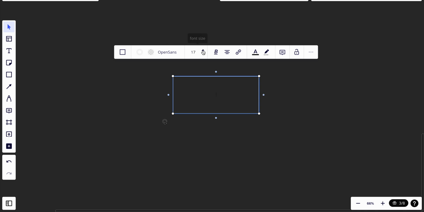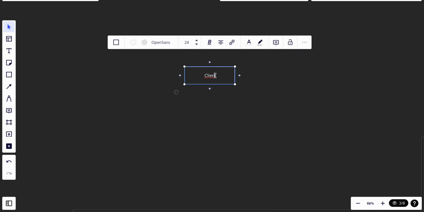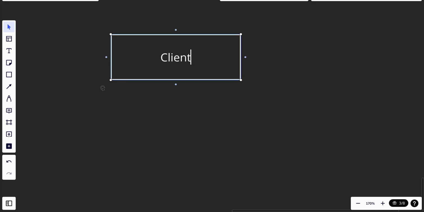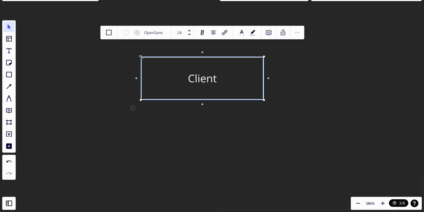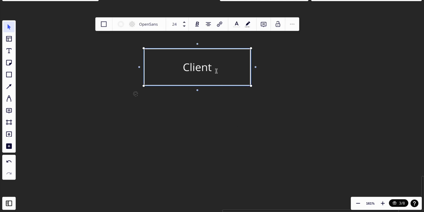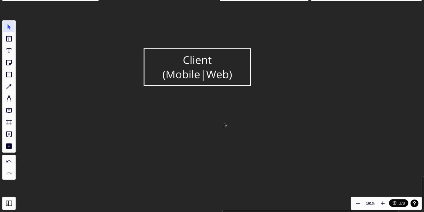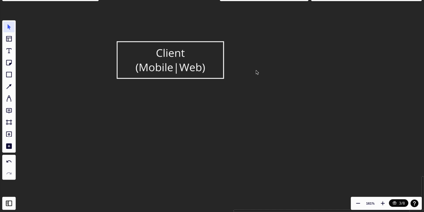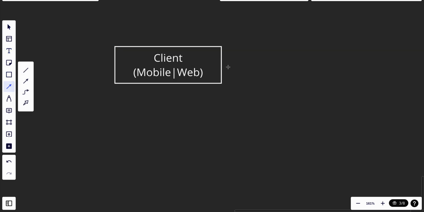And we have the client, and let's just make the client smaller. And the client could be mobile or web. Okay. And the client all the time will get